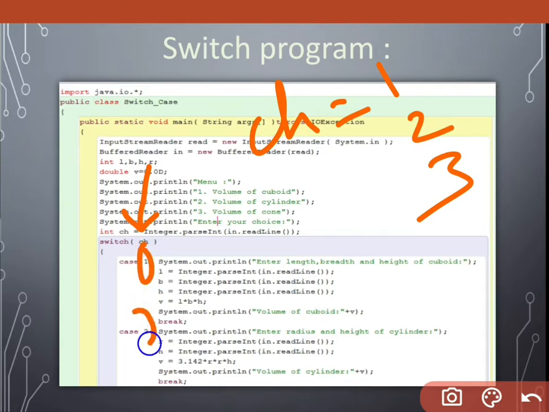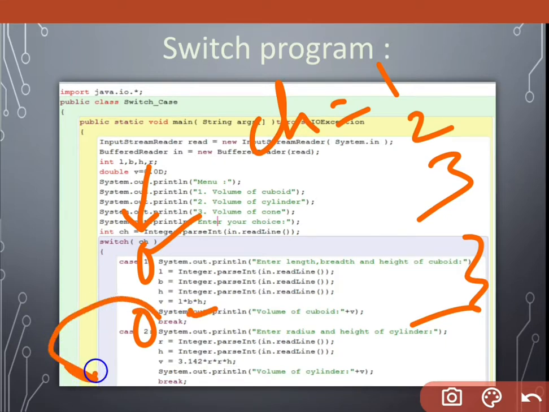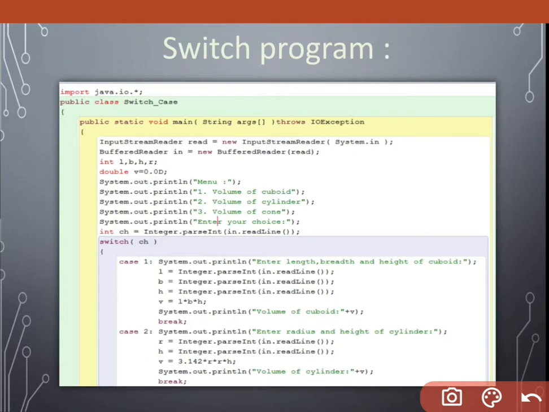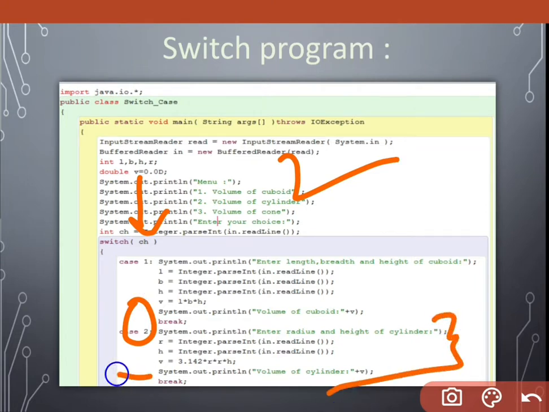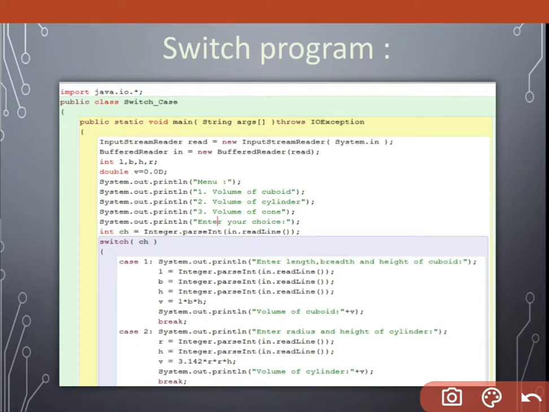If it is 2, it is matched with this. If it is matched with 1, then these statements will be executed, and then break will end the switch. If the choice is 2, then this case will be executed, these statements will be executed, and break ends the switch case.